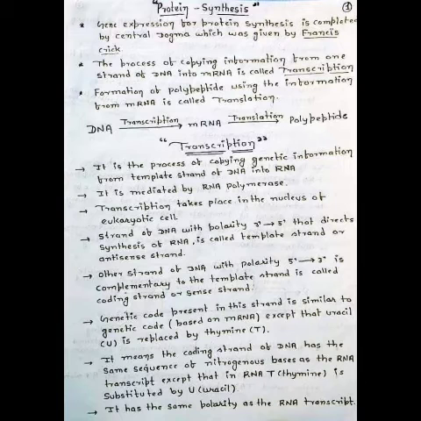The process in which the double-stranded DNA forms the single-stranded RNA is known as transcription, while this messenger RNA then forms the polypeptide chain of protein, right? This process is known as translation. The whole process in which transcription and translation take place is known as the central dogma. That was given by the scientists Francis and Crick,